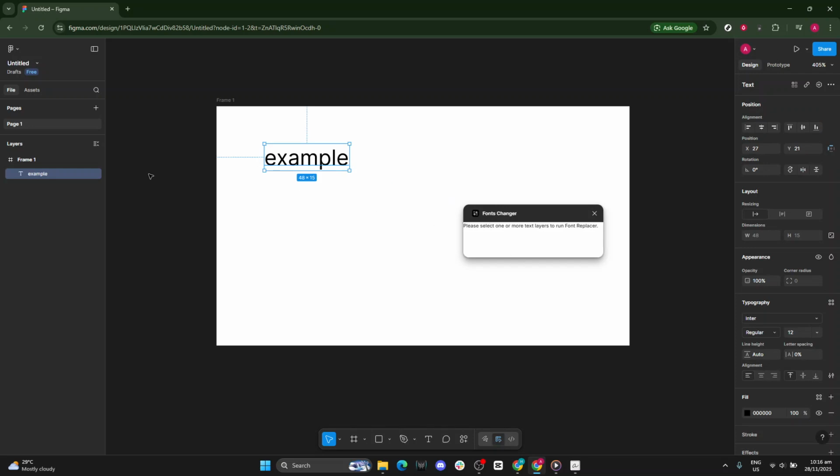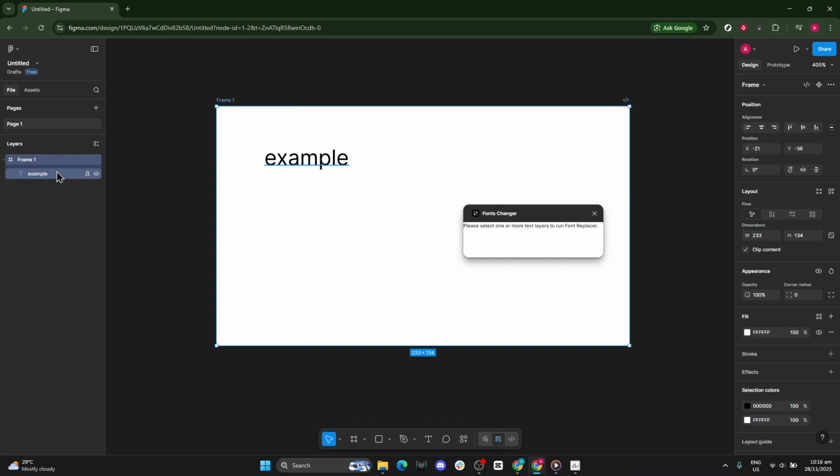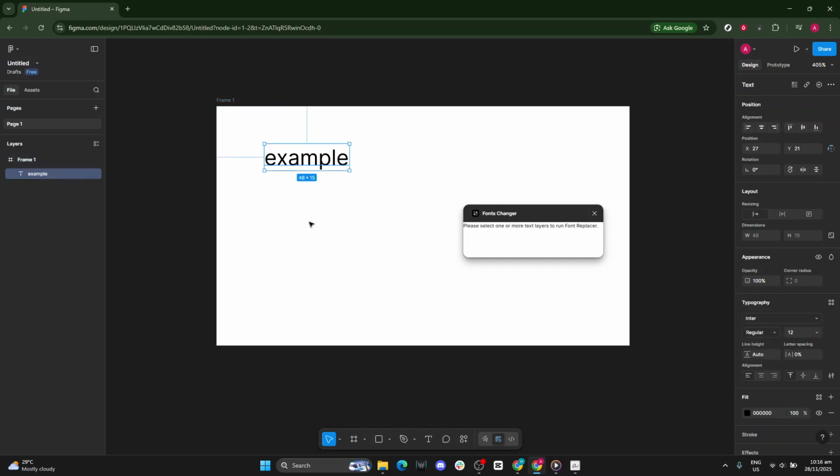That's it. Action icon, search for Font Changer, go to Plugins and Widgets, click Fonts Changer, then choose Save or Run. If search doesn't show results, double check spelling and permissions. Otherwise, you're good to go and your